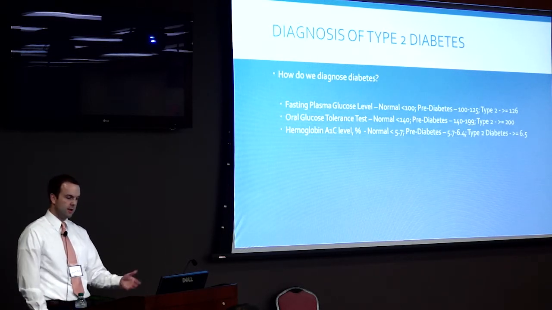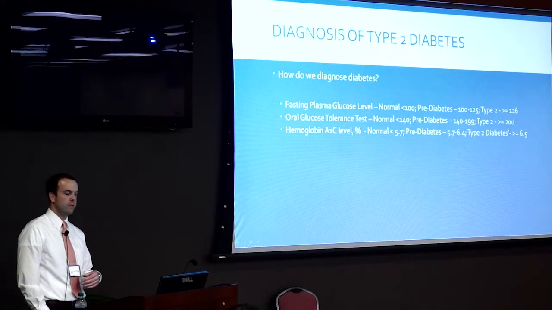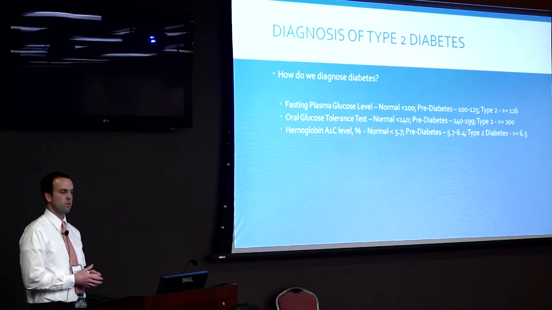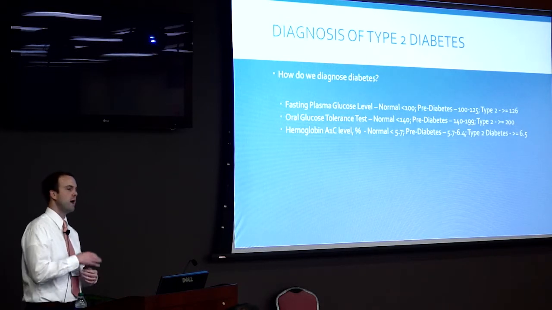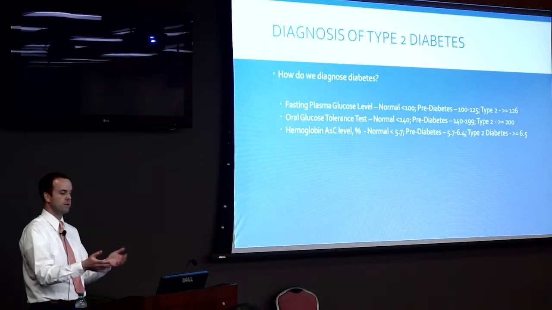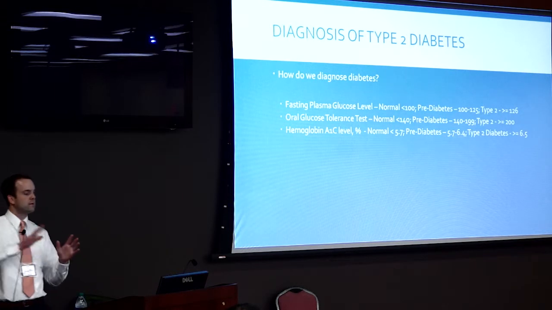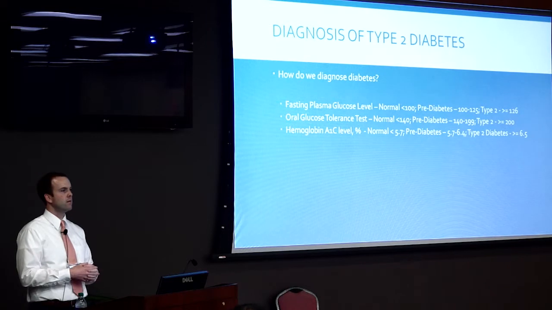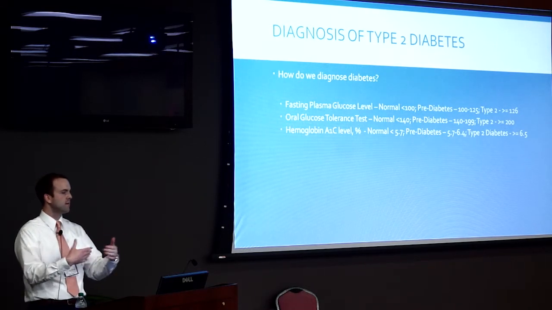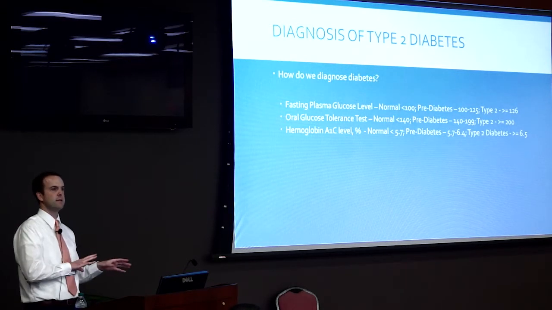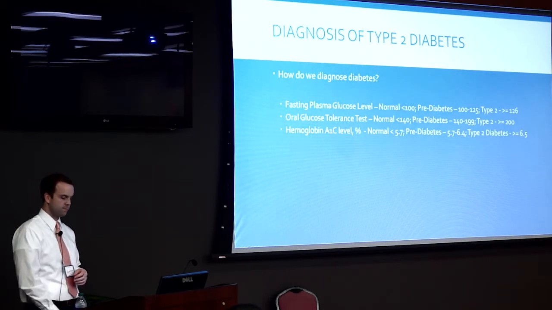And so with that, as you can tell, less than 5.7 is normal. Pre-diabetes is 5.7 to 6.4, and type 2 is obviously greater than 6.5. Now with that, you can also track. Say somebody comes in right now and their hemoglobin A1C is 5.8, whatever. You get a confirmation test. Then 6 months down the line when they come back, it's 5.9. Okay, well, we talked about lifestyle changes and weight changes and things like that, so you can really tailor it to personal medicine once you see that happen.